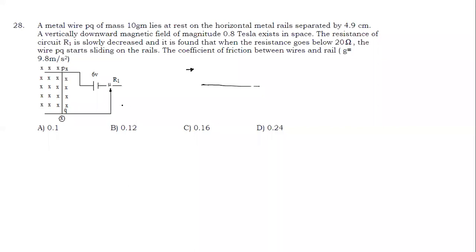So this question is also a fairly simple question. In this case, the magnetic force in the limiting state has to be equal to the maximum friction force, which is equal to mu times N. Can there be any other variation of the question? Sometimes the coefficient of friction can be written as mu s and mu k. If mu s and mu k both are given, which mu should we use here? We should use mu s, because we are starting to move from this position.